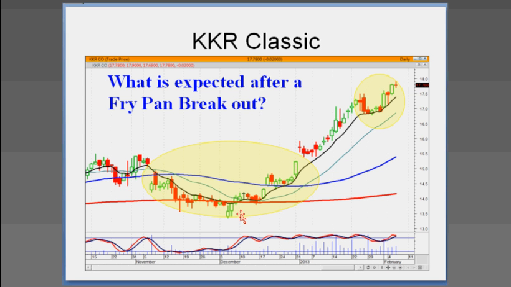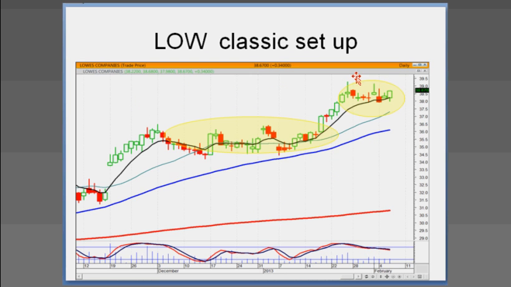to say when is it time to buy? It's time to buy when you see it break out through the pattern or confirming the pattern. And when is it time to buy? When we're confirming the next pattern, the J-hook pattern. So at least it gives you a platform to be in trades at the right time. Fry pan bottom, price move, J-hook pattern, it's time to get back into this trade.